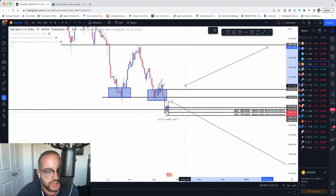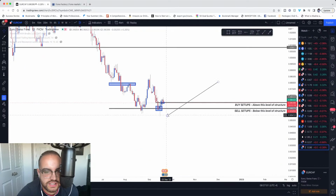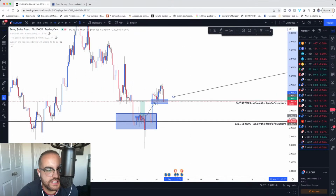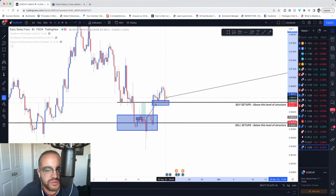So if we go back up to Euro CHF, what are we looking at? We're looking at this double bottom formation. This is the neckline. And on the daily and the 4 hours, it's looking super bearish, right? So that's something we have to consider as traders, that we always have to look at the market and wait for proper confirmation. This 4 hour is super bearish, guys. And if this closes like this, to me, this is going to continue to go down further and probably retest